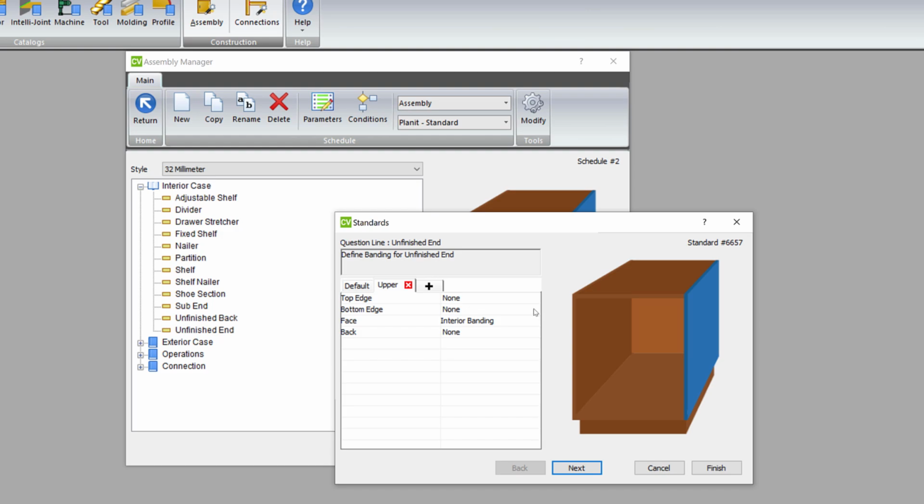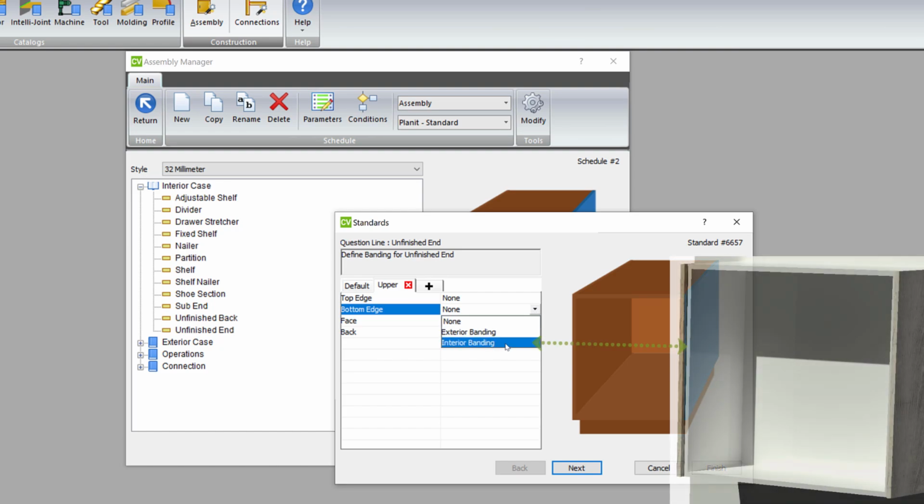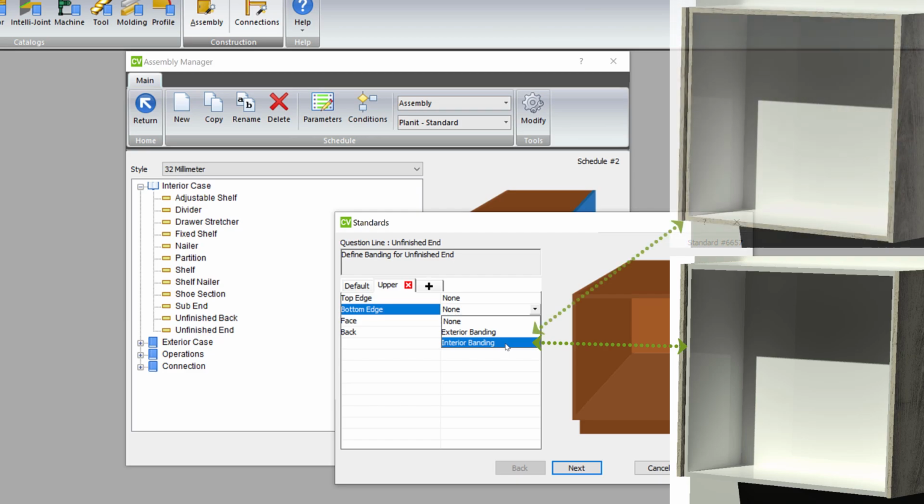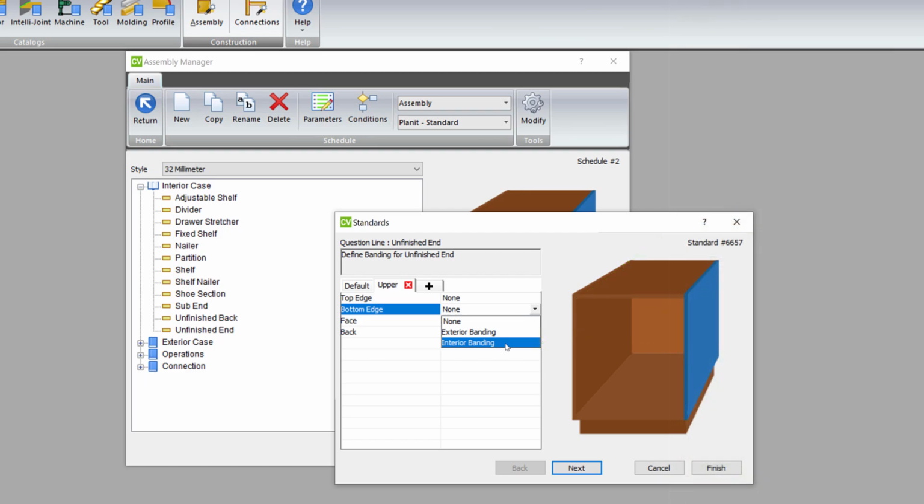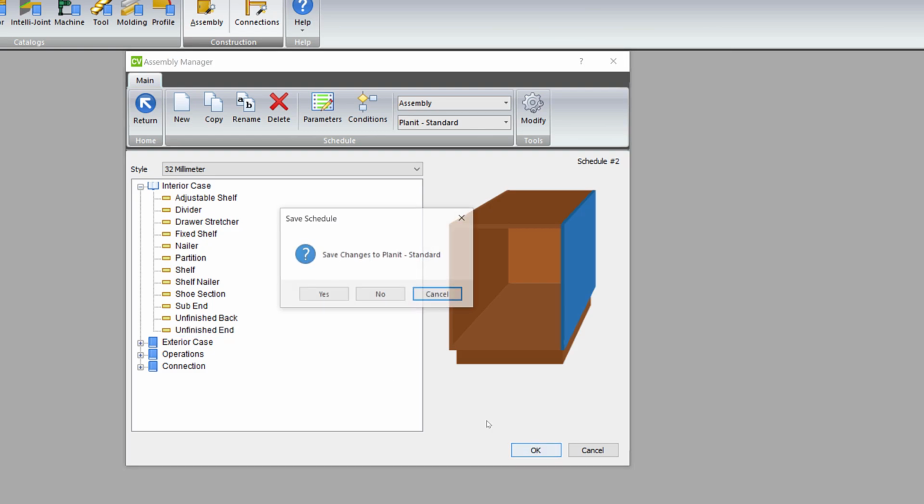I can now change my edging so that the bottom edge also has my interior banding set to it. Interior banding means that my edging will match the cabinet internals, whereas the external edging will match things like panels, kick faces and fillers. Once we have made this change, we'll just hit finish and the job's done. We can then click OK and we'll be prompted to save the method, and we'll then be able to return